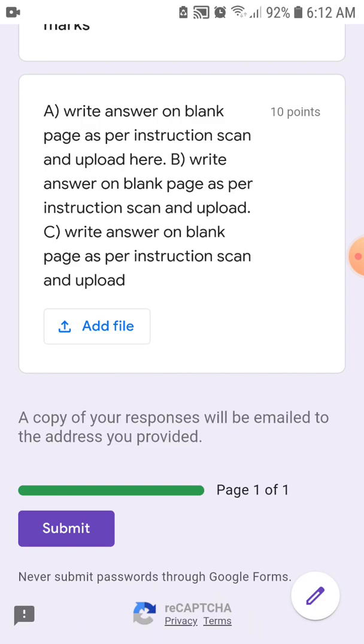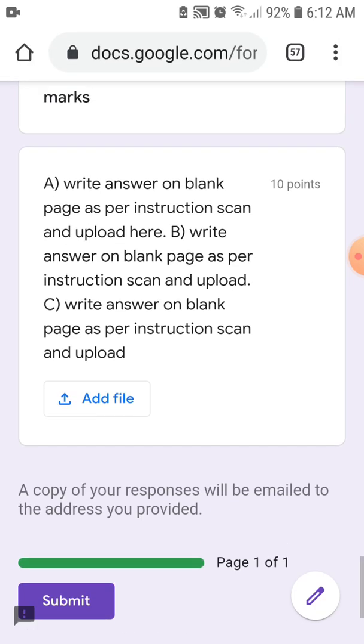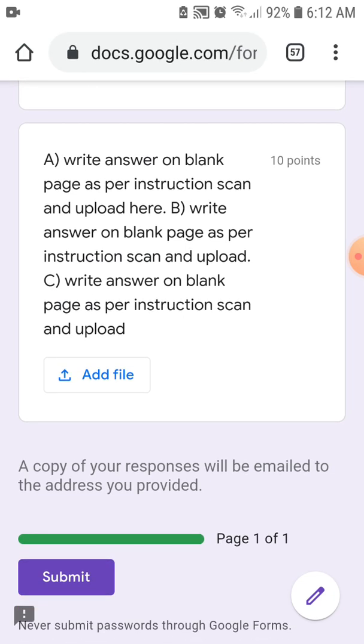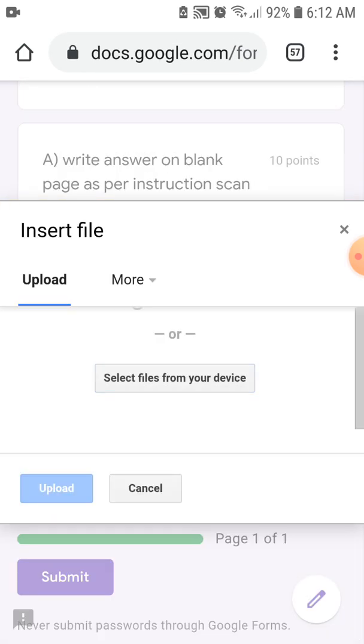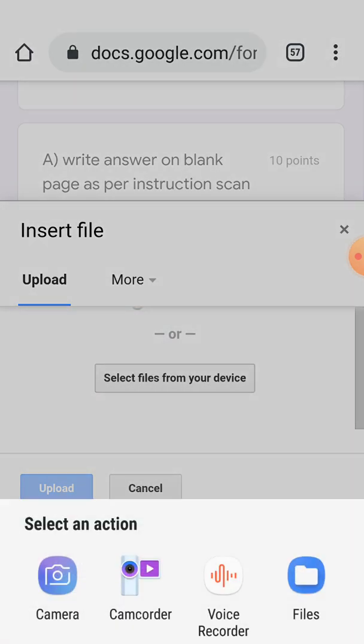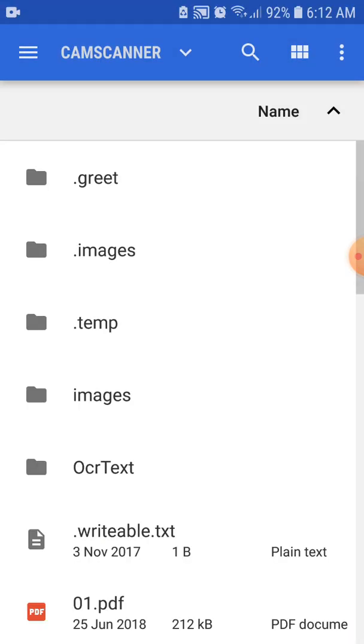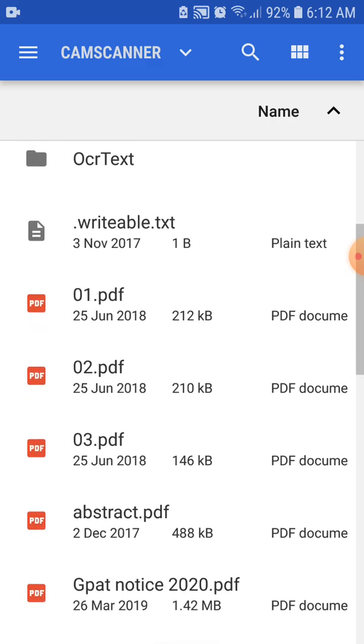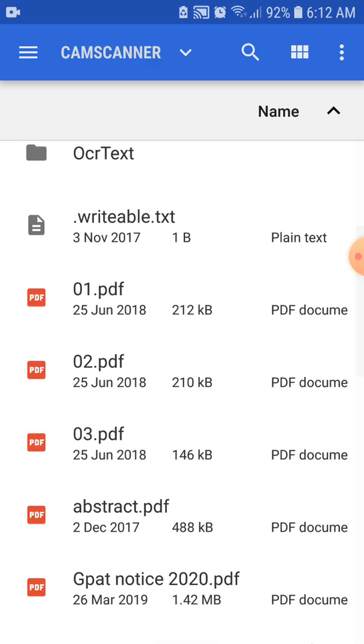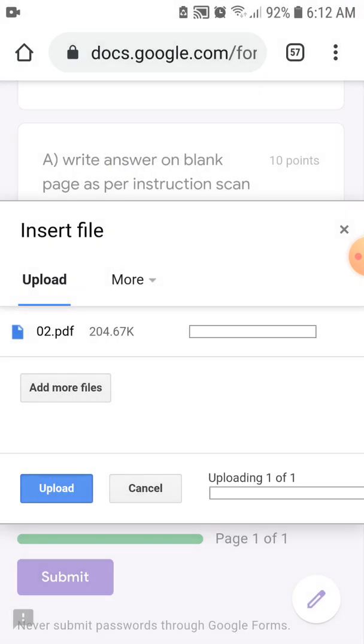Do not forget to give page number to each page, and finally by making a single PDF file you can attach by clicking on add file. Here similarly, as question number 2, we'll attach another file. For the sake of example, here we are attaching a 02 PDF and click on upload button.